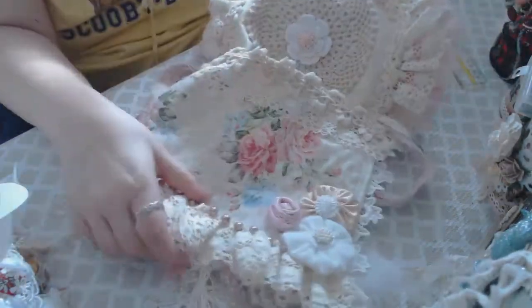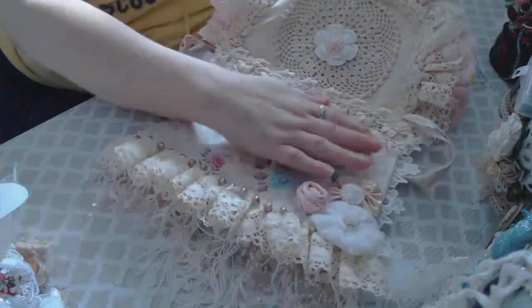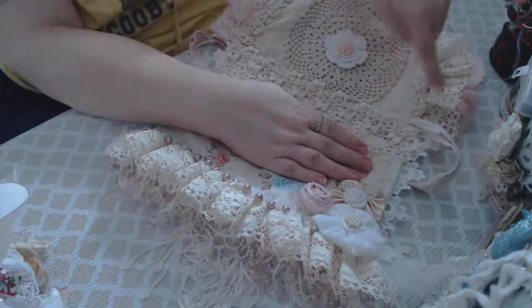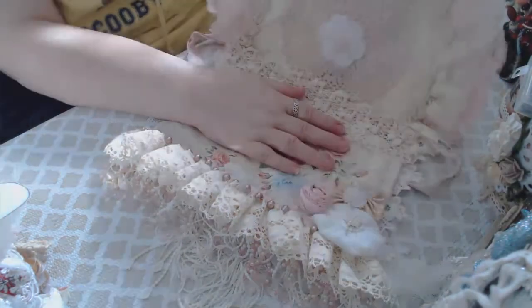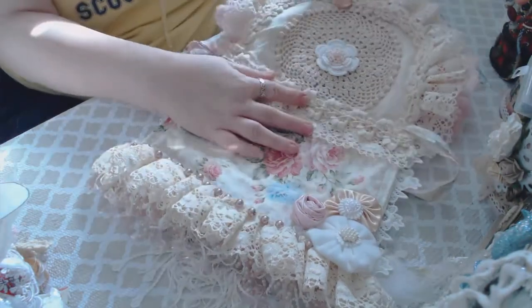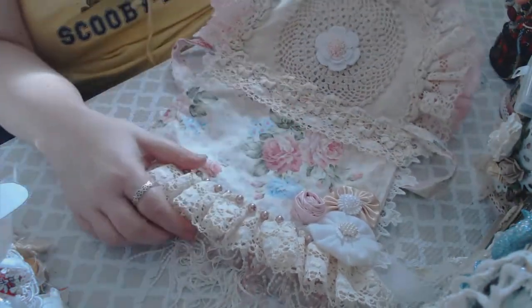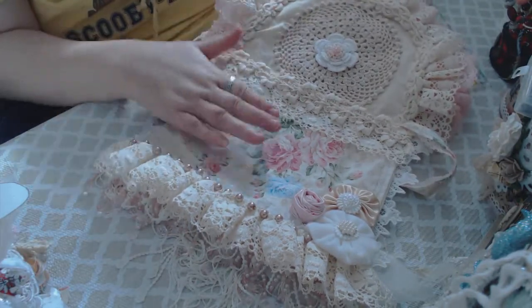And like I said, this is all one piece this time, so I actually did the bottom, flipped it up, and then just cut the oval shape for the saddlebags for it to flip over. So that's why this is all one piece this time and not two. So I don't know, I might like this pattern better. We'll have to see when I make my next one which way I go, but I'm very happy with how